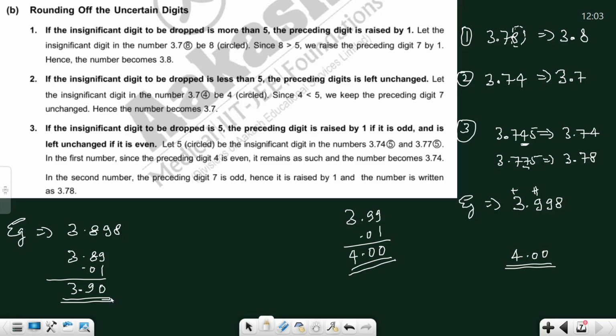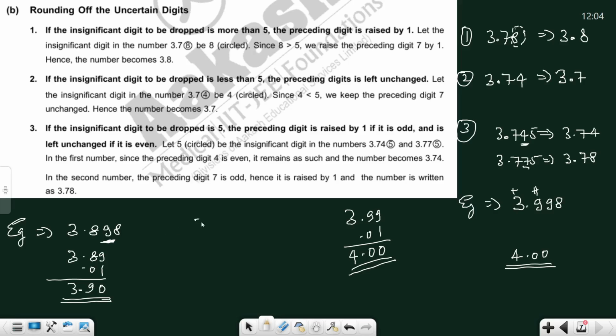So why are we adding 0.01? Because we increase the number by 1 digit. So do we have to add this in all numbers or only in such cases? If we have to make the number up to only 2 decimal places, in that case we will round off the figure, and the last digit to be rounded off is the second decimal place. So it depends on the answer. If the answer is in 3 decimal places or 2 decimal places, you will round off the digit accordingly.